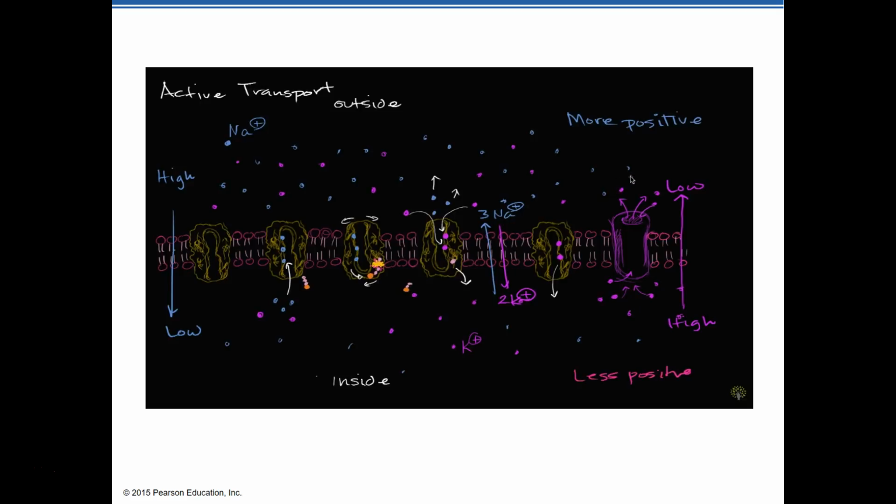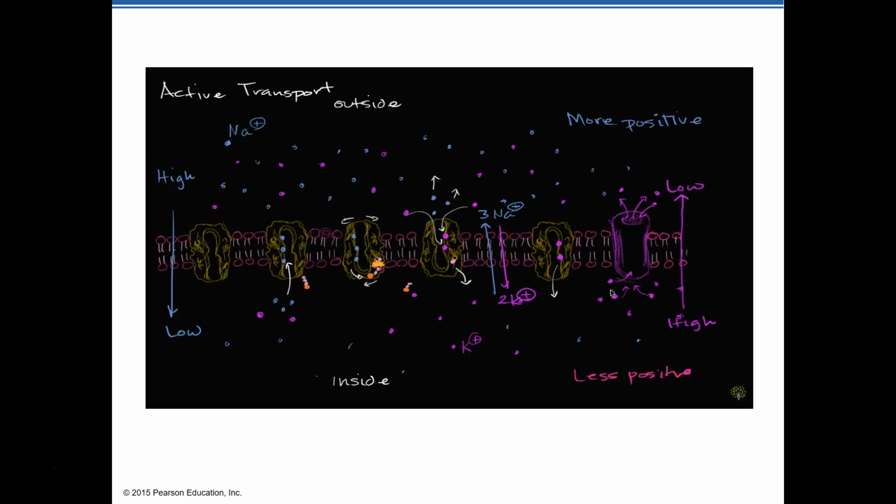And if you are saying either one of these things, talking about the concentration gradient or talking about the electric potential difference, you are actually going to be right in both cases. These are going to be balancing forces. The concentration gradient is going to allow some of these potassium ions to pour out, but the concentrations of potassium ions aren't going to fully equalize because of the electric potential difference. Because, hey, it's more positive out here, it's less positive here. When they're moving out, they're going against what their charge wants to do. They're going with the concentration gradient, but at some point that is going to balance out.